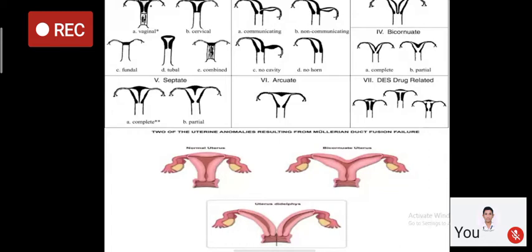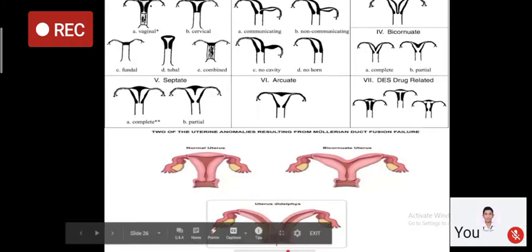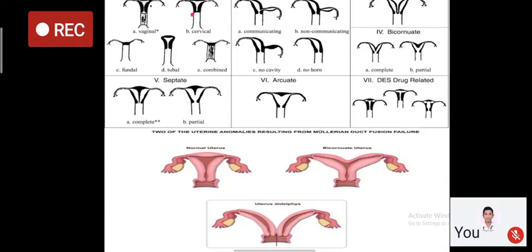Like this, you can see here there is hypoplasia that I have already told you. This is just a summary picture again. Hypoplasia or agenesis: in this, the vagina is not canalized. The vagina is not canalized in this picture. The cervix is also not properly developed. In this, there is nothing developed: uterus, vagina, and cervix. Only the fundal structures are developed. The rest is non-canalized. Tubal: there is absence of bilateral tubes.